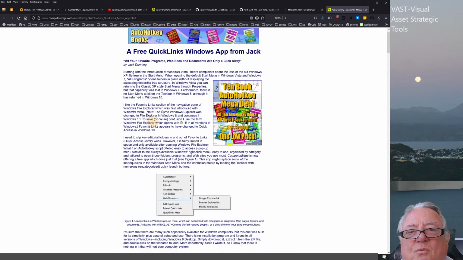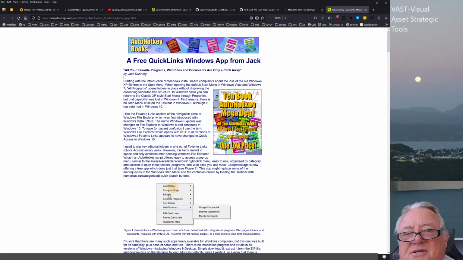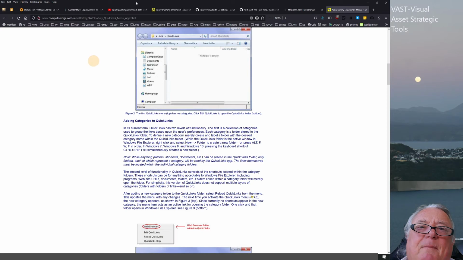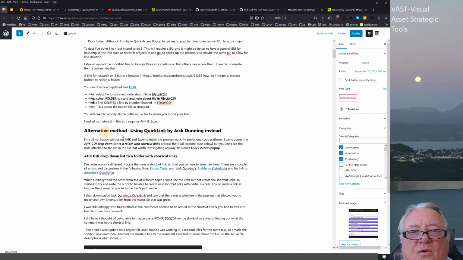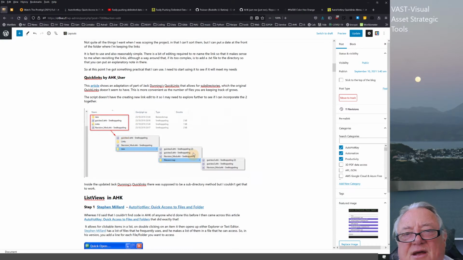But one of the things was the later version, this has actually got the folders and then you've got the links inside the folders, but I wanted to be able to do subfolders, but I couldn't get Jack Dunning's one working. But somebody else actually had one that did work. It allowed you to do a whole load of subfolders inside there, so you could actually have subfolders and some of the ones further down. I couldn't get that to work. Jack Dunning updated his one,